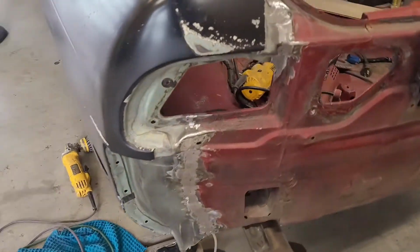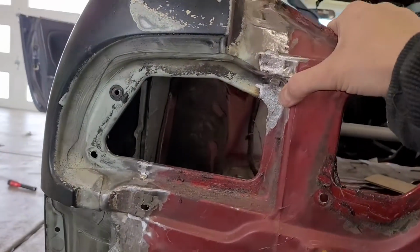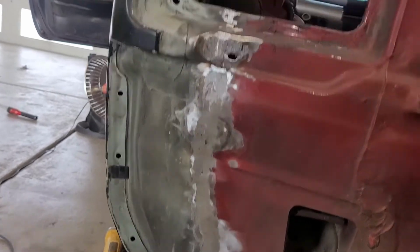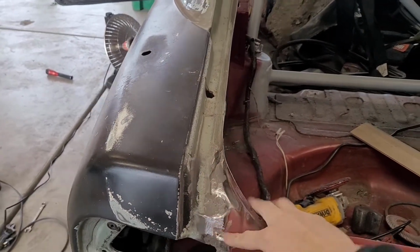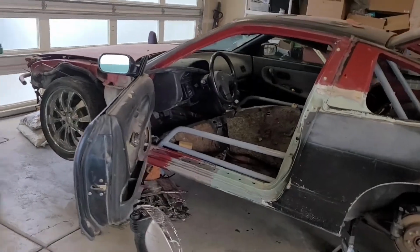I don't know if I've shown you guys all of this. Sanded the weld down. I haven't hit this with the DA yet, so the sand scratches are pretty deep looking, but this should clean up pretty good, and for the most part, it follows all the contours of the original body. Really happy about that. So what I'm up to now is I'm gonna lay some body filler right there on